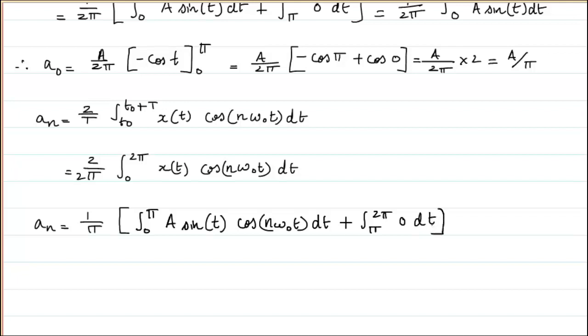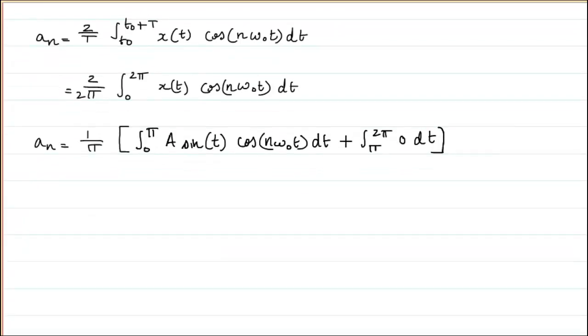So it's as good as the second integration is not there. What remains is, again, an is equal to 1 by pi. Now coming to this integration, a I can take outside, so I will write a here, and now only one integral is remaining, so 0 to pi sine t cos n omega naught t